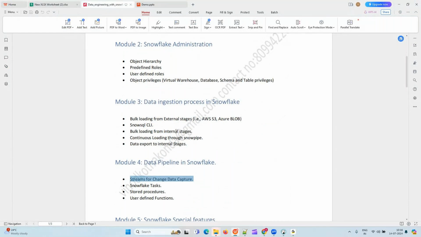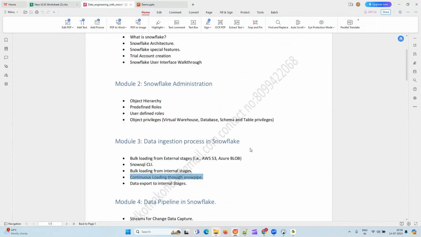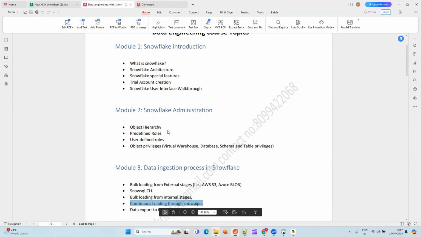I have seen Snowpipe for bulk loading. Suppose I want to load 3 terabytes or 4 terabytes of data, then Snowpipe will not work in that case. Exactly, it is for incremental loading. We'll discuss all those things. Here people are new, they might not even know what Snowpipe is, though you already worked on it. So we'll go step by step only. Sometimes you need to bear with me. Sure, sure.